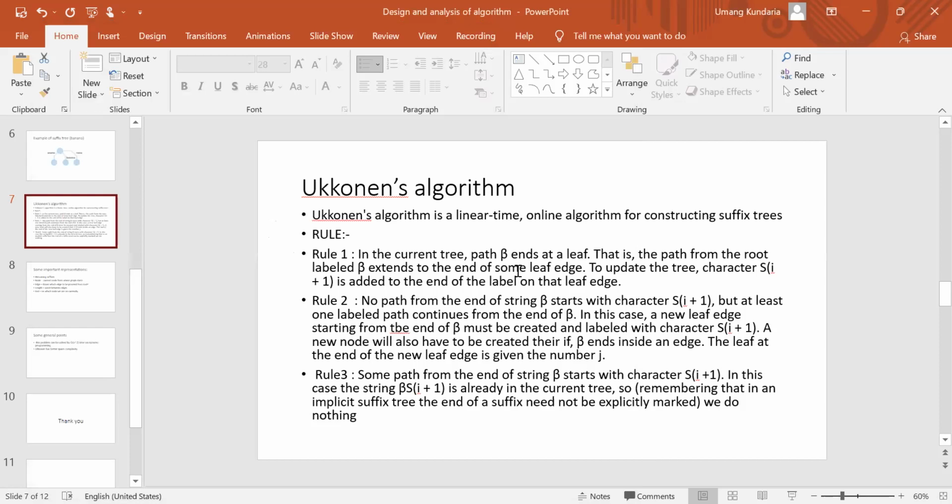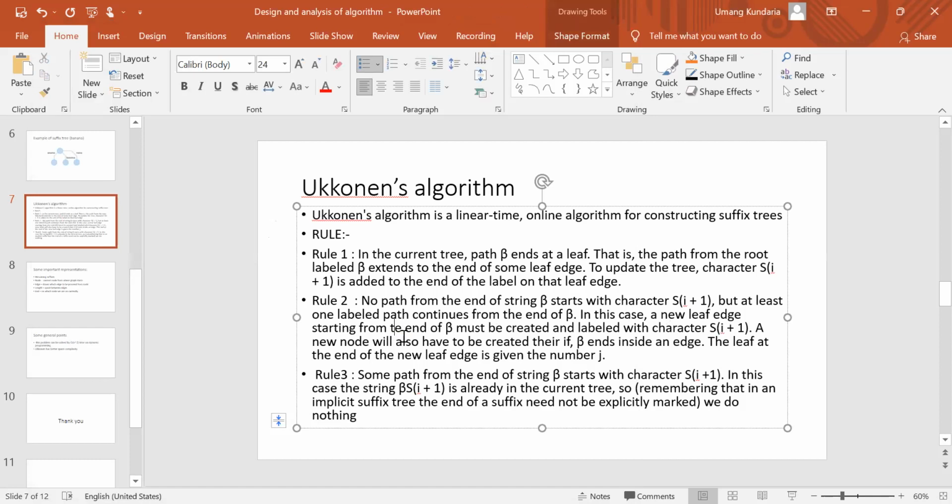Rule 2: no path from the end of the string beta continues with character S i plus 1, but at least one labeled path continues from the end of beta. In this case, a new leaf edge starting from the end of beta must be created and labeled with character S i plus 1.